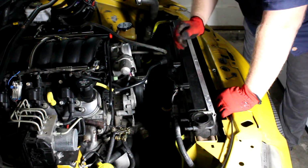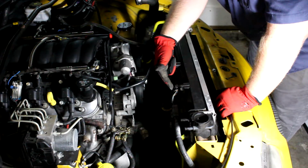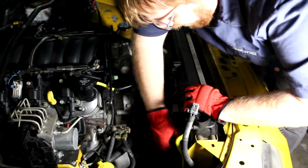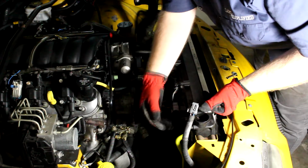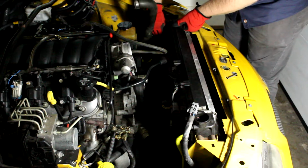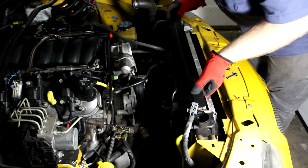The biggest thing between you and the radiator right now is this fan shroud. We're going to disconnect it at the source, not at one of the fan connectors. Down in here there's a clip. You'll have to pull back on that clip to unlock it. Pull back on that clip and slide it up just a little bit. Once it's unlocked and slid up, the clip will hold this in place, and then you go to the clip on the other side, do the same thing, and now that it's past both clips, you can start pulling up on it,